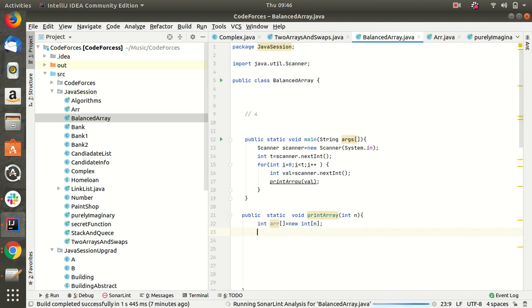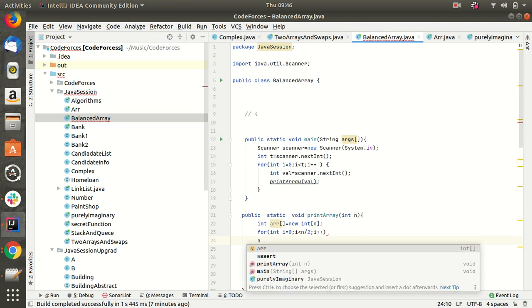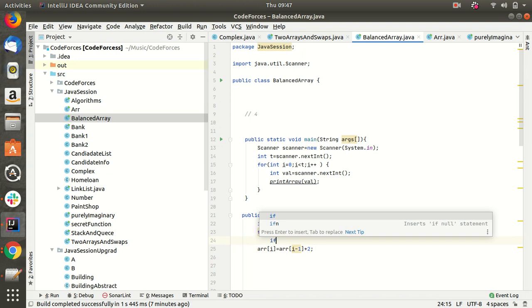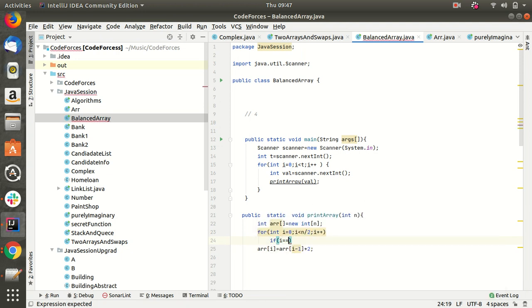For int i equal to 0 to i less than n divided by 2, first we will put the even numbers starting from 2. So array of i equals array of i minus 1 plus 2, but if i equals 0, then we'll put array of i equal to 2.